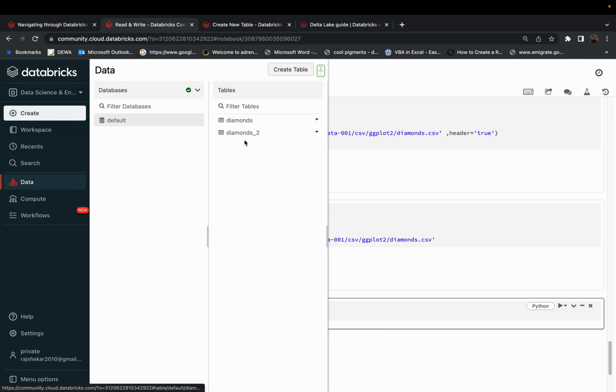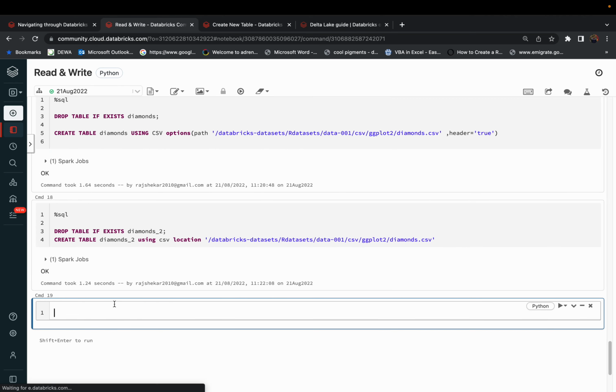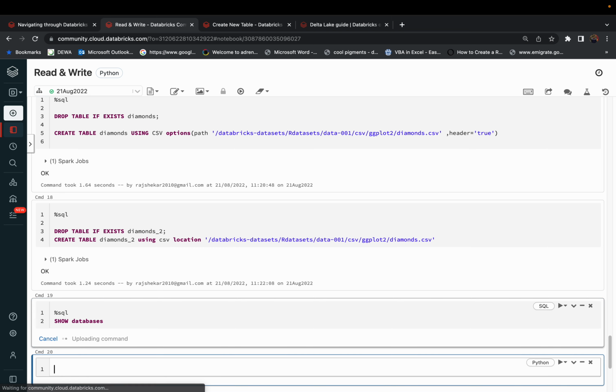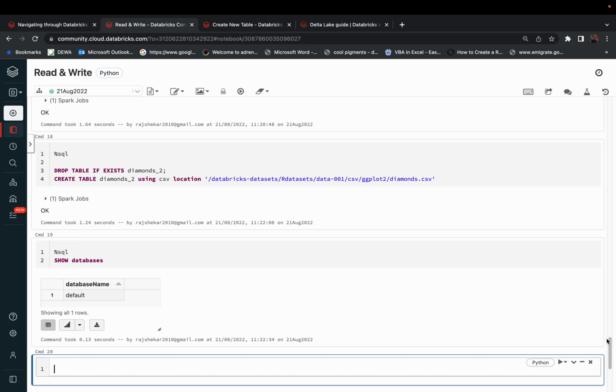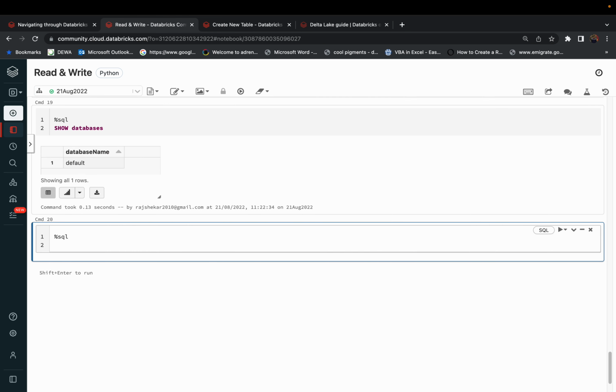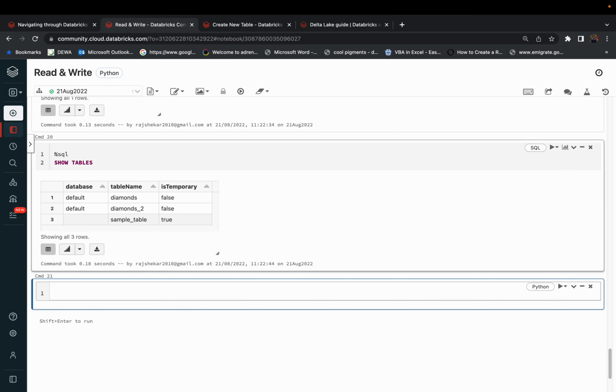Now we have a second table called diamonds 2, and we can have any number of databases, any number of tables within the database. And if you want to see how many databases it contains, you use show databases, like you just do in our regular SQLs, right? You can also query SQL show tables. So we have two tables, one is diamonds and the other one is diamonds 2,